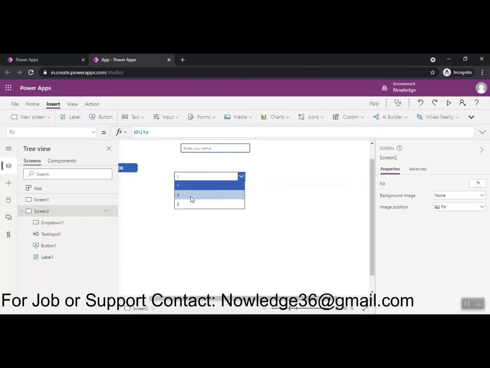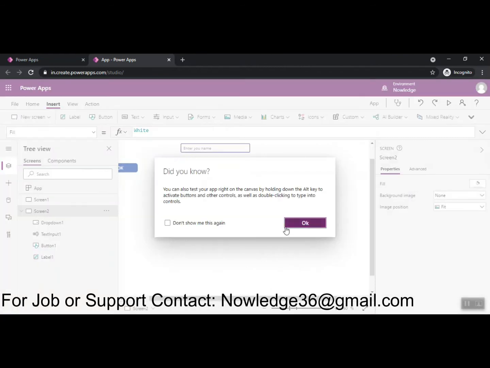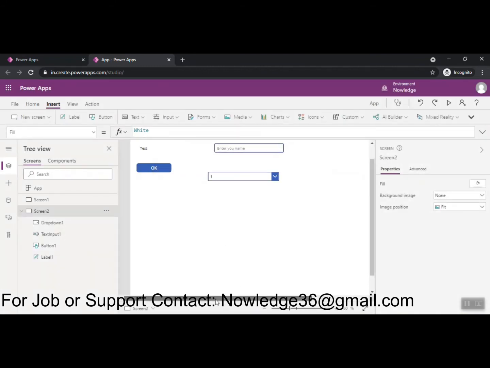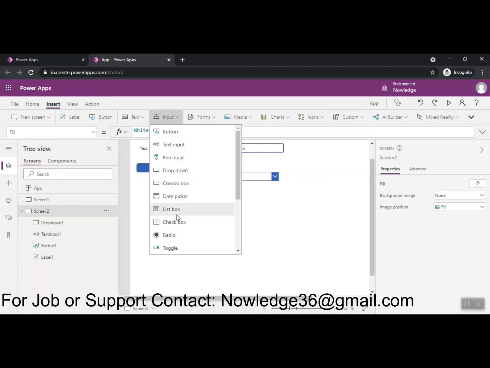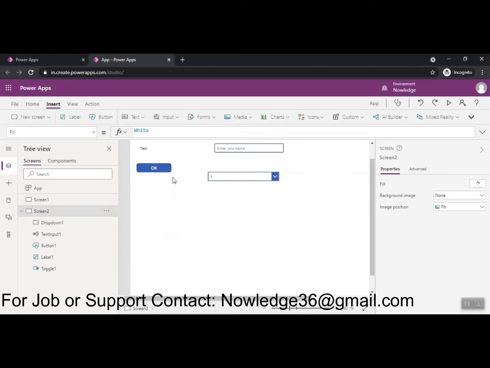So this is one advantage. With alt, you can directly see it all the time, instead of playing the app and checking each time. We also have a date picker and toggle. Let's select this toggle also.